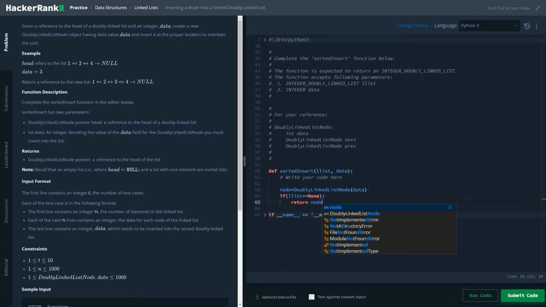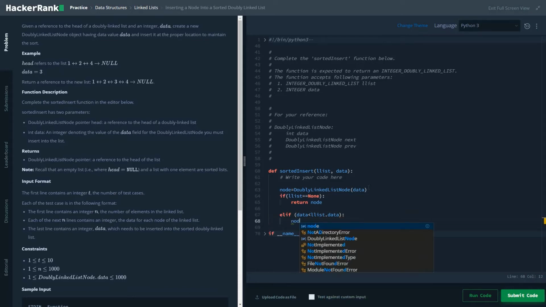Next condition, elif the data value is less than list dot data, meaning the next data, then we would be setting node dot next equal to list, and list dot previous equal to node, and we would be returning the node.